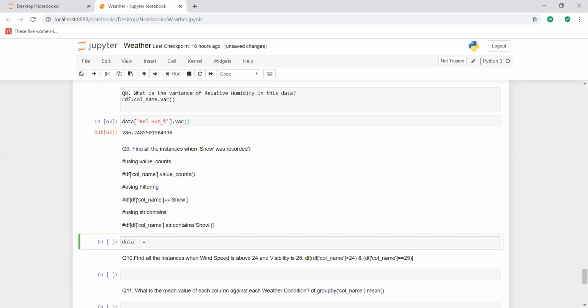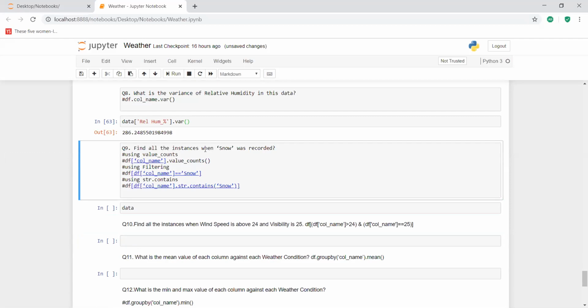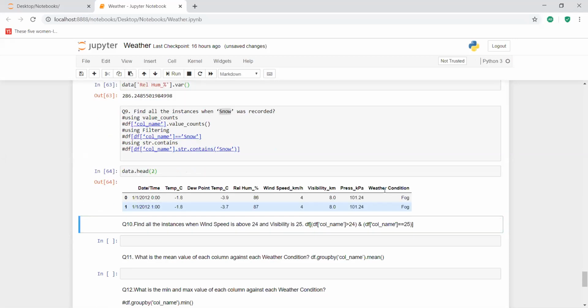So data is our data frame name, and in case of snow, we will have to work with the weather data set, the data frame again. Now we should be very careful because the weather column has changed into weather condition, because we have used the rename policy. So now we will have to copy this.